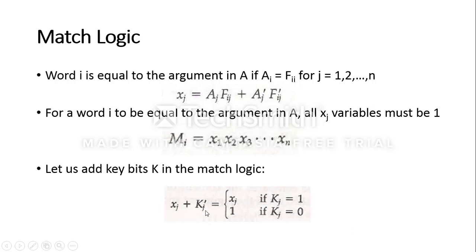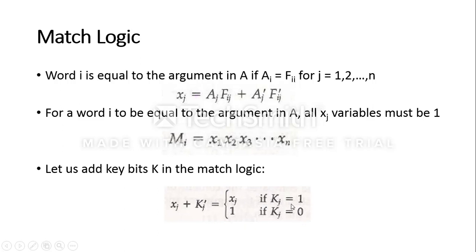And as here we have a simple logical OR operation, if one of the arguments in the OR operation is 1, the other argument does not make any logic significance. If one of the arguments is 1, the result of the OR operation will be 1. So this 1 is needed because that particular bit aj is not required to be considered for comparison. It is not required to be used for comparison. So it's anyway a don't care bit, and that's why we can simply set 1 to ignore that bit in the comparison.